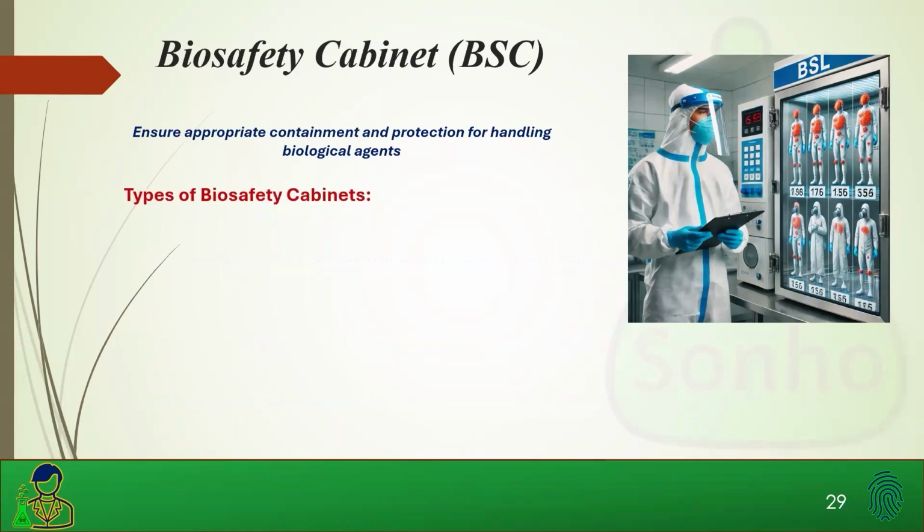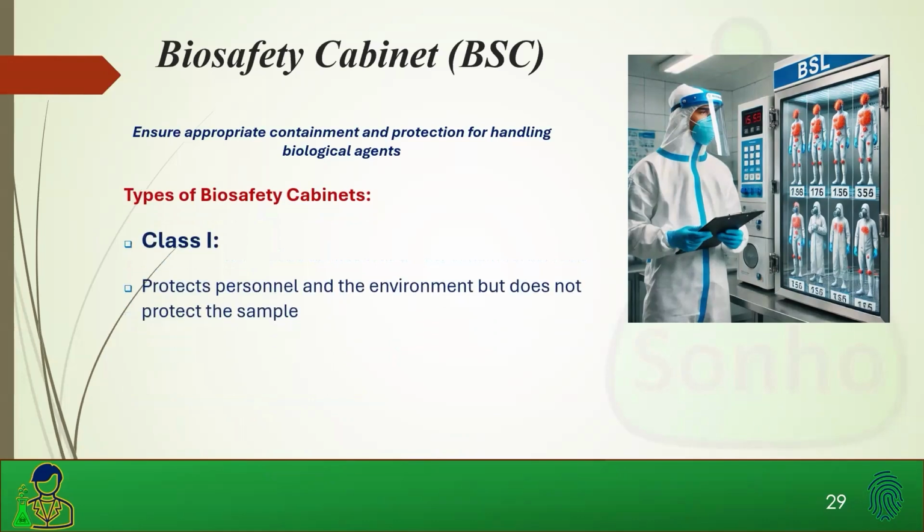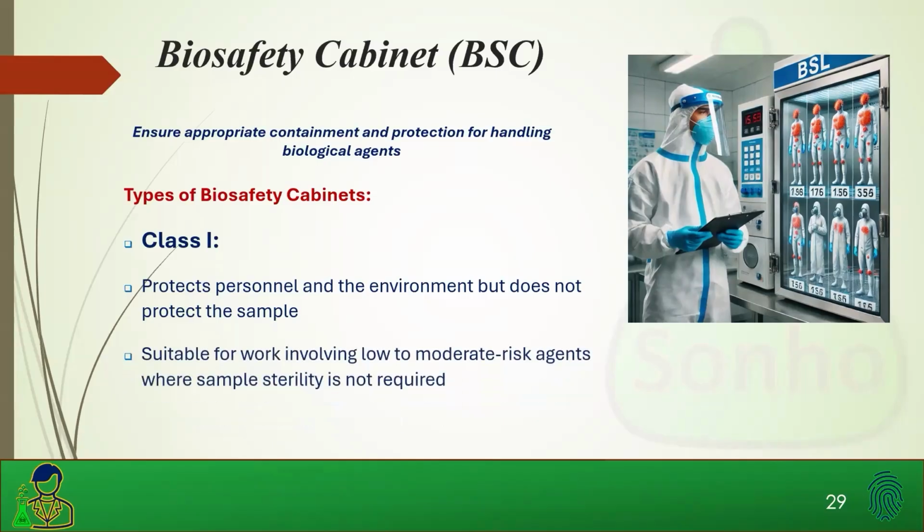Some types of biosafety cabinets. There are three classes. Class 1 protects personnel and the environment, but does not necessarily protect the sample. These do not have any flow. These just have typically shields. Oftentimes, these are just for PCR. These protect the instrumentation from dust and particulates and protect the personnel, but do not create flow. It is suitable for working with low to moderate risk agents where sample sterility is not required. So this part is often BSL-1,